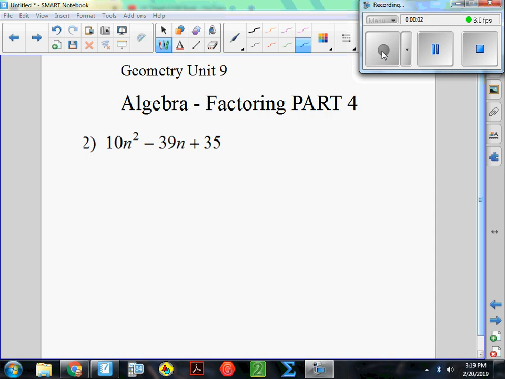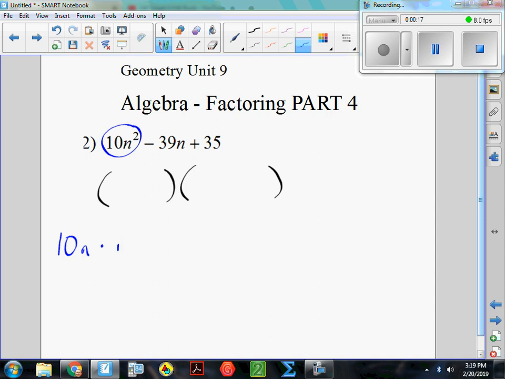Okay, Unit 9, factoring part 4, number 2. I have 10n squared minus 39n plus 35. I know that the first number, 10n squared, has to either be made up of 10n times 1n or 5n times 2n. I've been using a strategy that I'd like to continue to use, and that's looking at